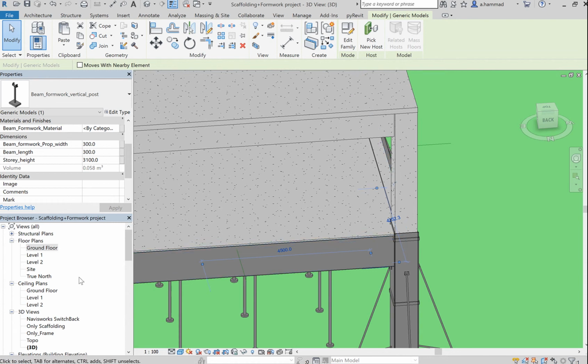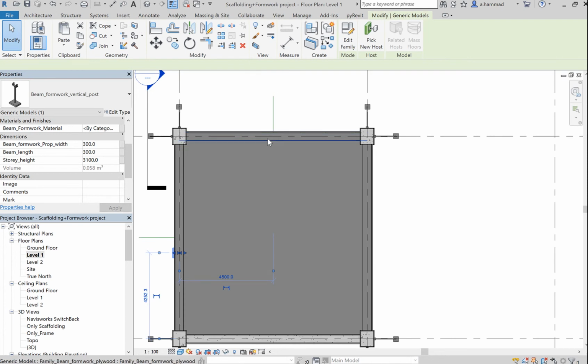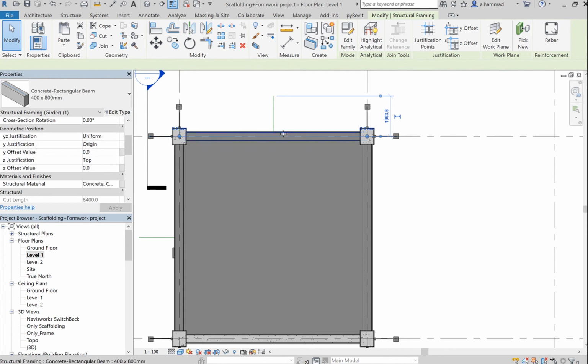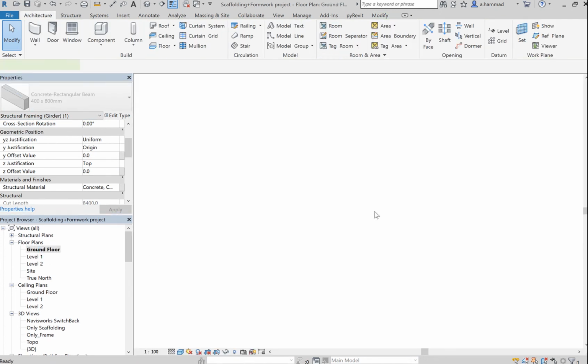even with the tab button, what you can do is go to your level 1, and from your level 1 you can try selecting your beam using your tab button until you can get hold of the beam. So over here it's 400, so the width of it is 400 and it has a depth of 800 mil. So going back to our ground floor,